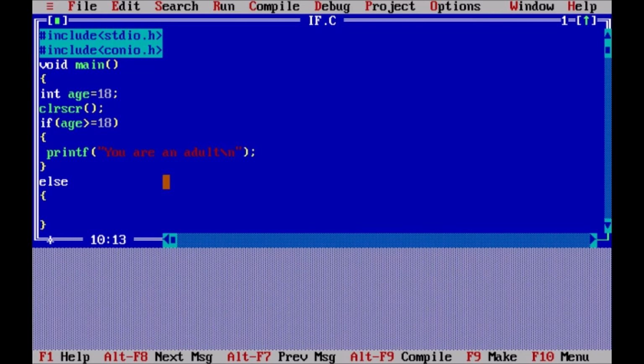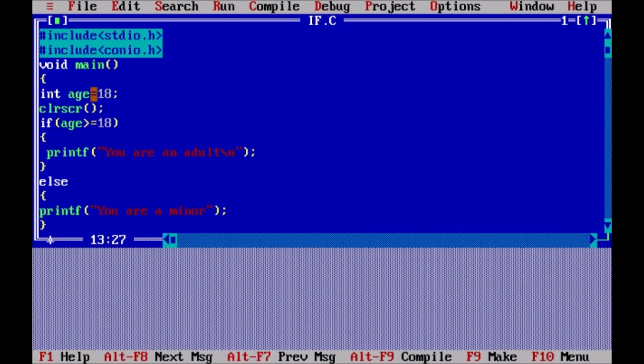And if the condition is not true, then the else part will get executed. If this is not true, this means the age is less than 18. Therefore, we can print this. So let us compile and run to see the result.